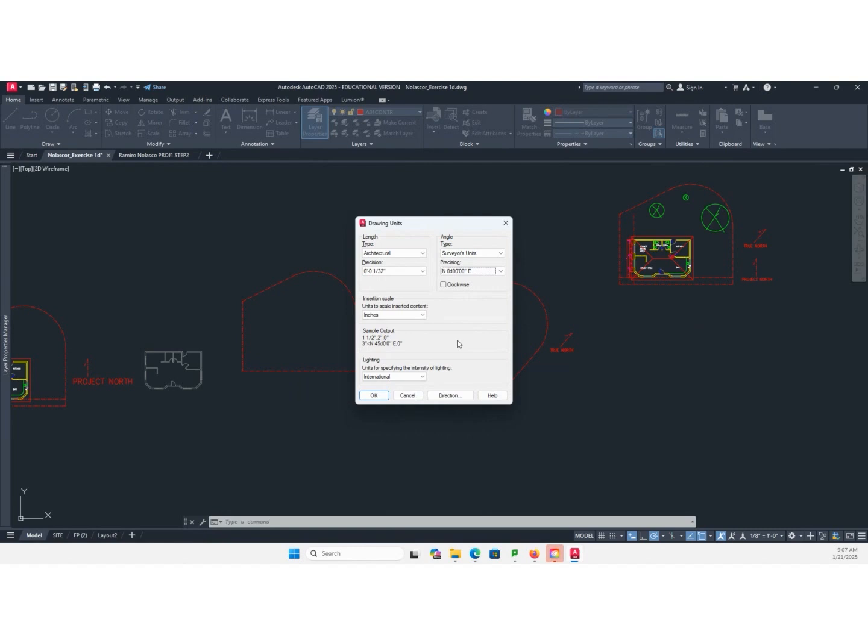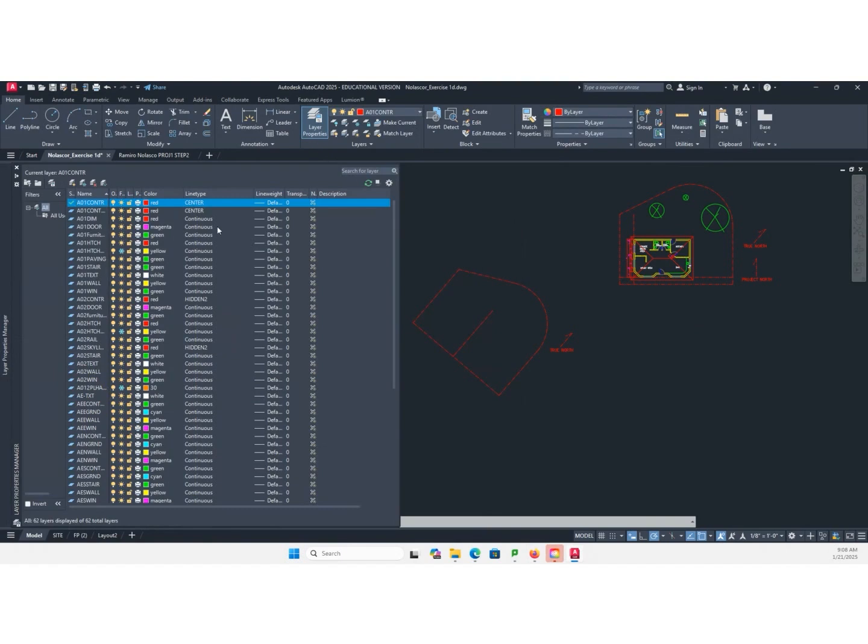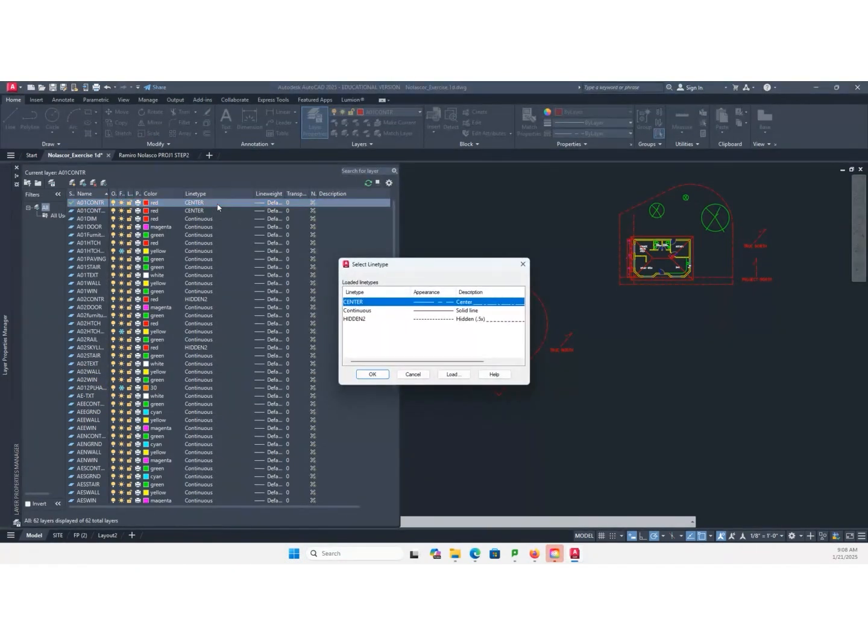Layer properties. Sorry. Click OK. I'm in a command. Sorry. Yeah. So red.